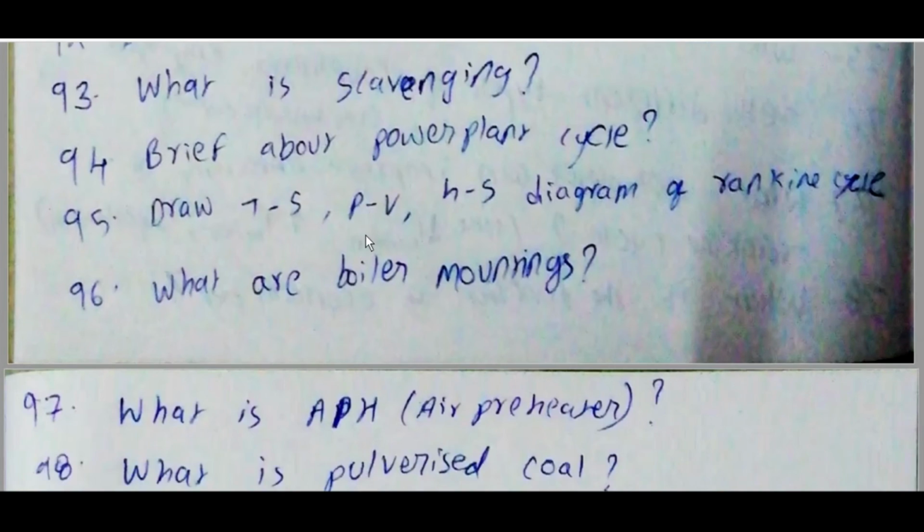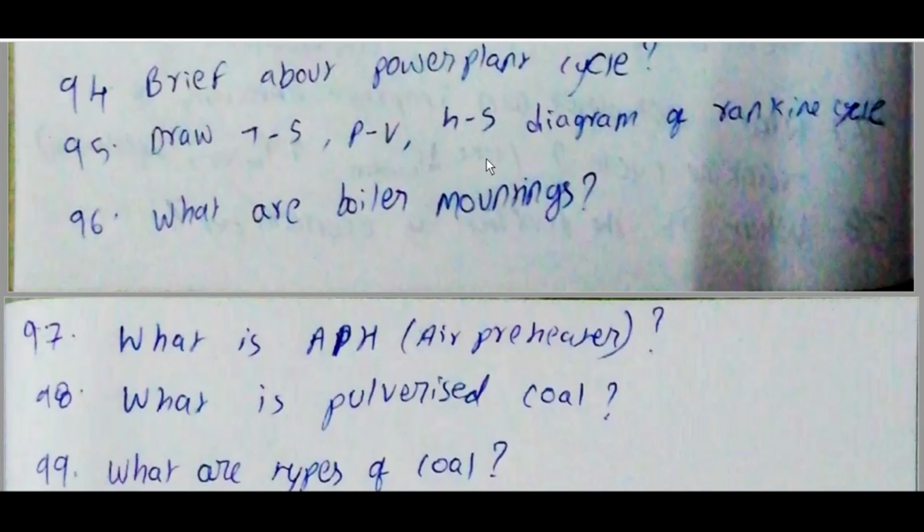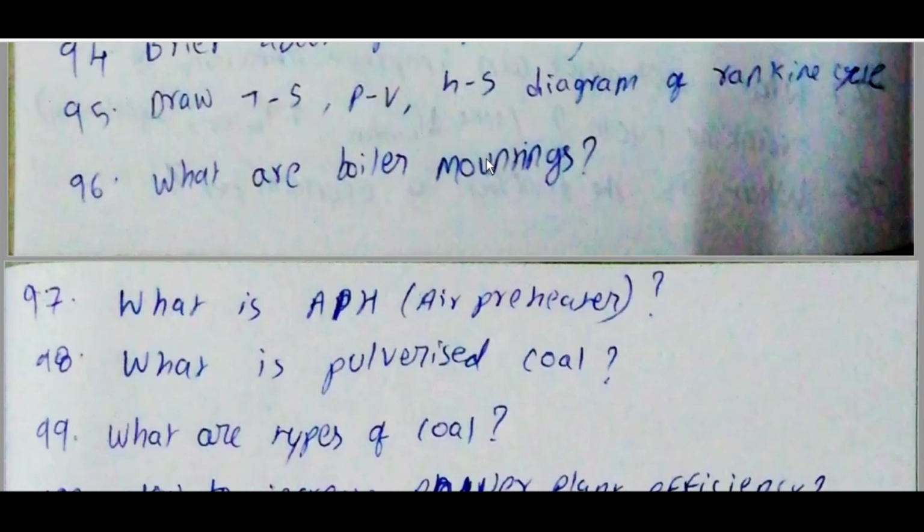Power plant cycle is Rankine cycle. TS, PV, HS diagrams we already drew before. Question 1 and 2. Water boiler mountings: water level indicator, pressure gauges, safety valves, steam stop valve, blow off cock to empty boiler when required, feed check valve, non-return valve regulates supply of water, fusible plug to extinguish fire in furnace when unsafe.